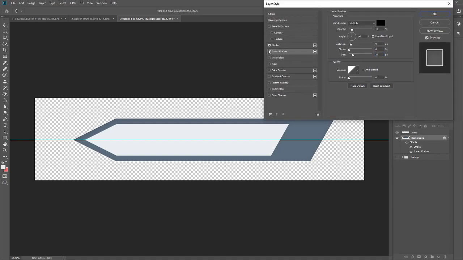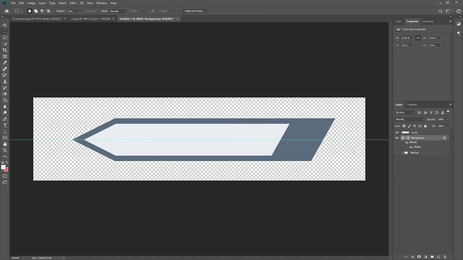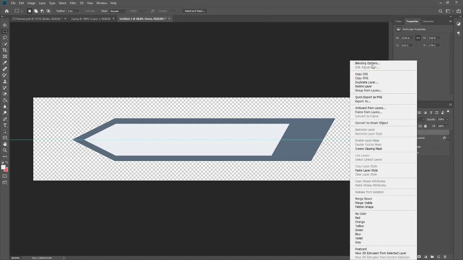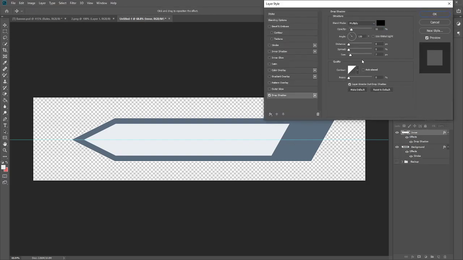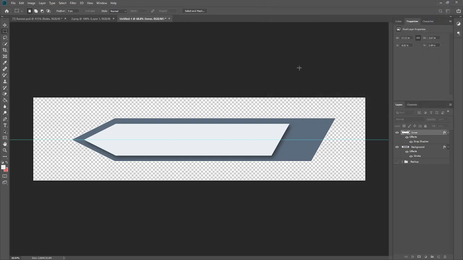And no, I don't think I'm gonna go with an inner shadow. I messed around with it, it wasn't working out. What I'm gonna do is add a drop shadow to this so it looks like it pops out. Drop that distance, bring up the opacity. Don't want it to be so clean. It's gonna be a pretty powerful drop shadow, but that was the idea from the start.